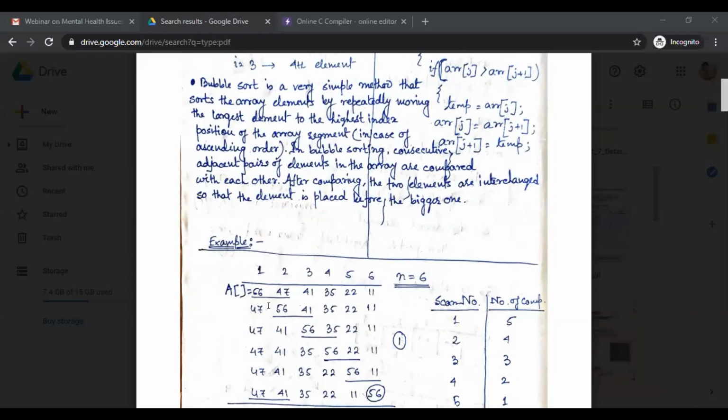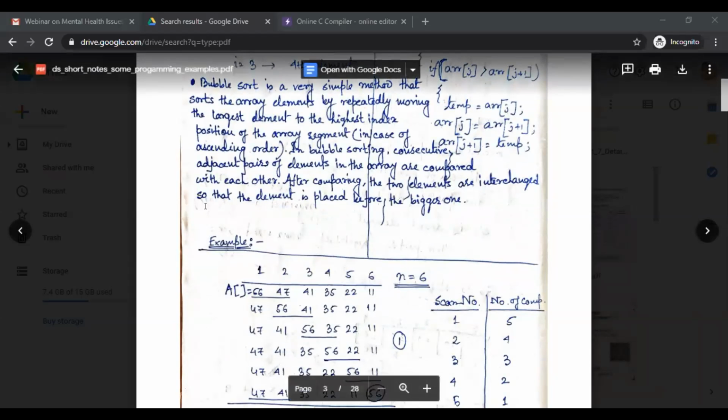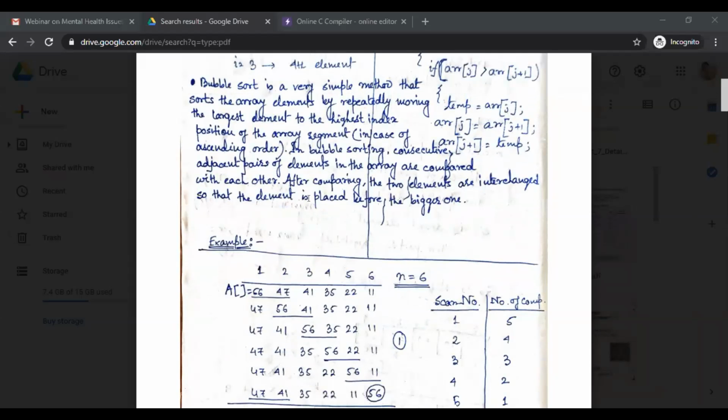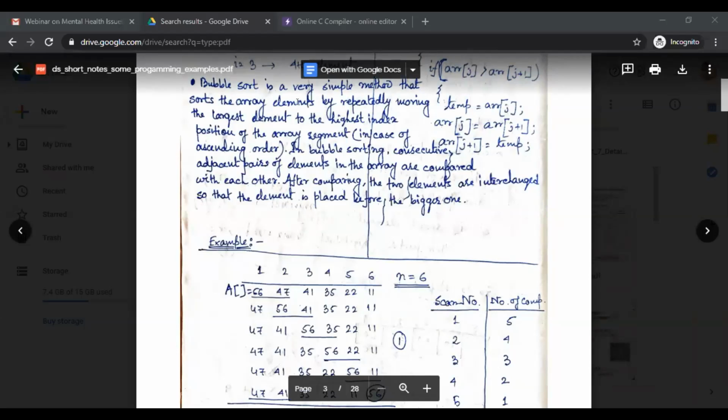After comparing, the two elements are interchanged so that the smaller element is placed before the bigger one. So 47 is less than 56, and using this interchange procedure we place 47 before 56. This is the simple logic of bubble sort.